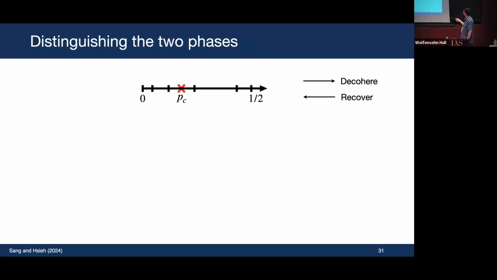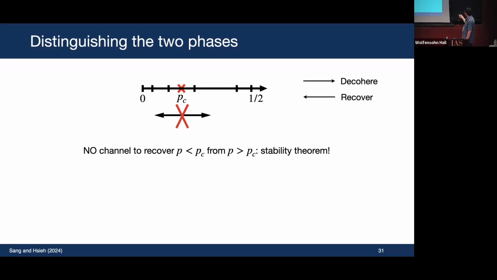One of them is I cannot two-way connect a state with p greater than pc to a state with p smaller than pc. I should not be able to do this. And then this direction is very easy. This is just messing up the state, right? Decohering more and more. The direction going to smaller p is more difficult. This is a sort of cleaning up the mess. And we know if you want to clean up the mess, you need to do some work. You need to recover the pure quantum state. So the non-trivial question is whether we can recover a p smaller than pc state from a p greater than pc state. The other direction is trivial.